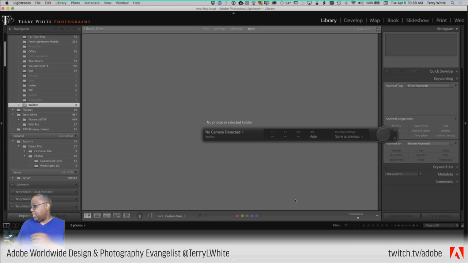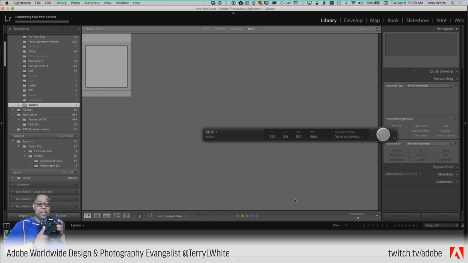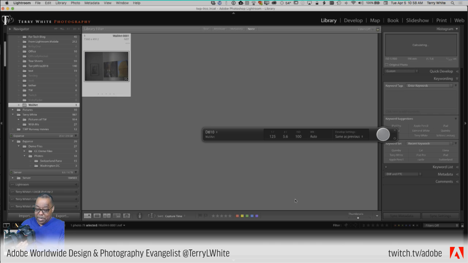And right now it says no camera detected because I don't have a camera turned on yet. So let's turn it on. And now it says there's a Nikon D810 connected, and I can zoom in all the way across the room to some wall art and take my photo. And that will bring the photo, which is dark over there, right into Lightroom.